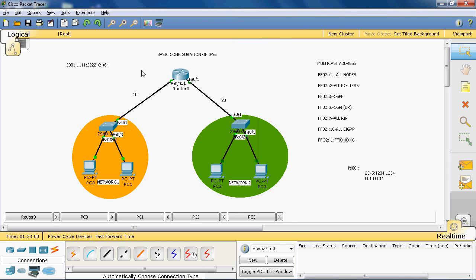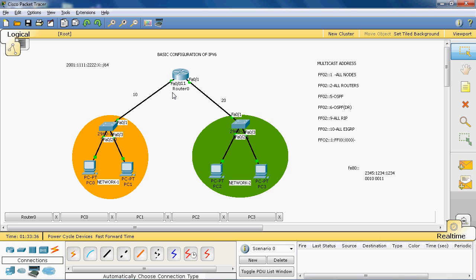Okay, so in this video tutorial we can see how to apply the IP version 6 address to the PC and interface. So first of all, we can go to that particular interface and enable that interface for IP version 6, because IP version 4 is the default, it is inbuilt, but IP version 6 cannot be enabled on that router, so we can enable it on that particular interface. In global mode we can give ipv6 unicast-routing, then only the router forwards the IP version 6 traffic. So we can enable that